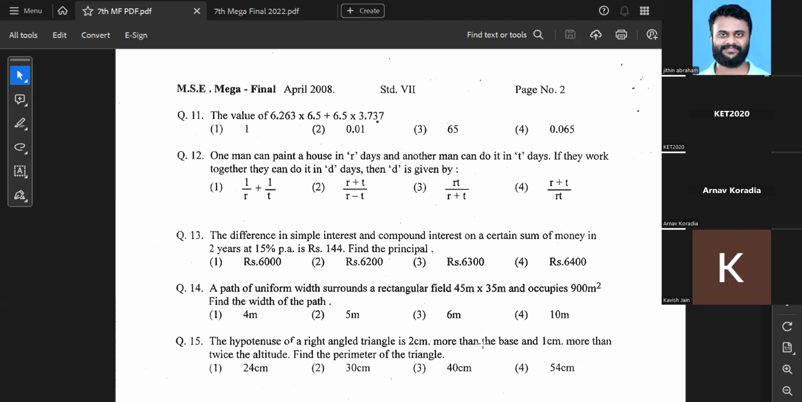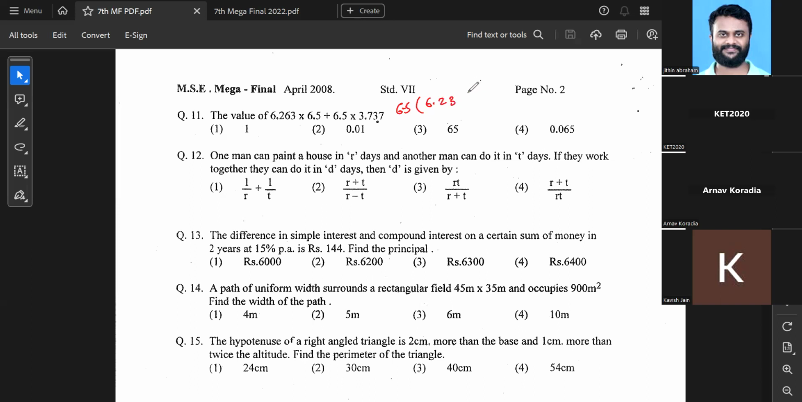Okay, let's do the 11th problem. The value of 6.263 multiplied by 6.5 plus 6.5 multiplied by 3.737 will be how much? It's very easy. First, we'll take 6.5 common. So when I take 6.5 common, I'm left with